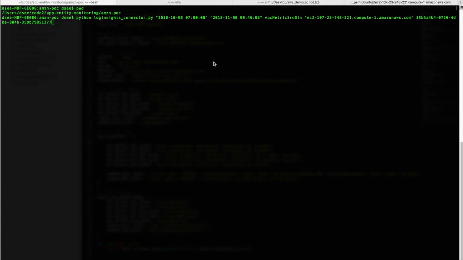The script takes 5 pieces of information. The first is the beginning of the time range over which you want to query your Amazon Logs Insights account. The second is the end of that time range. The third is the query name. I'll explain this in a moment. The fourth is the host address, which is hosting your Splunk Enterprise deployment. The fifth and final piece of info is the HEC token, which is necessary for persisting your metrics into your